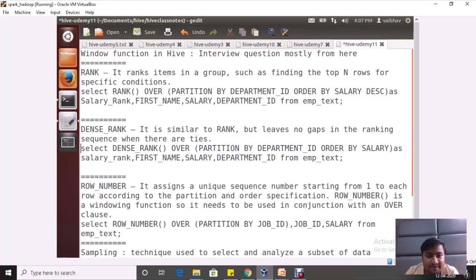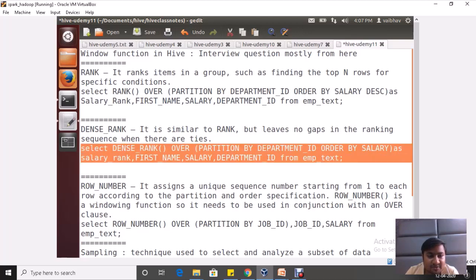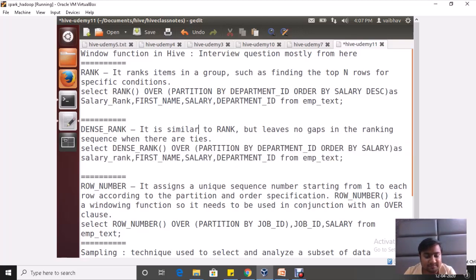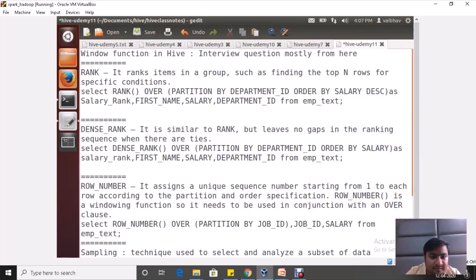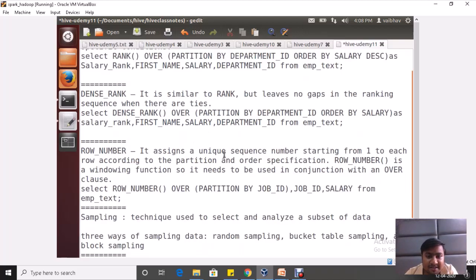We'll try to find the same result with dense rank and row number. Meanwhile, we get the result. Let me tell you the dense rank definition. It is similar to rank but leaves no gap in the ranking sequence when there are ties. As I showed, row number assigns a unique sequence number starting from 1 to each row according to the partition and order specification.